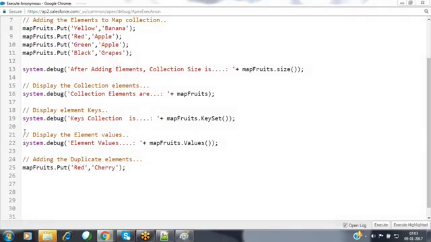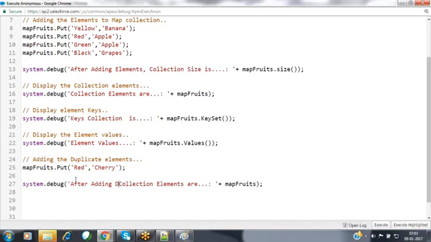So now here I would like to show the elements. I'm displaying the collection elements after adding duplicates. Let's execute that.